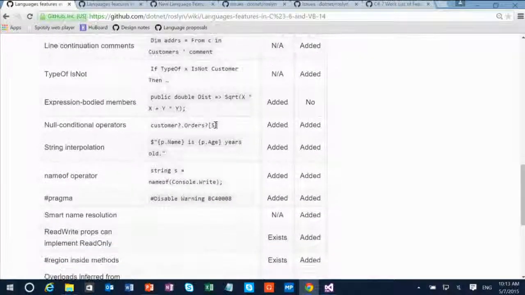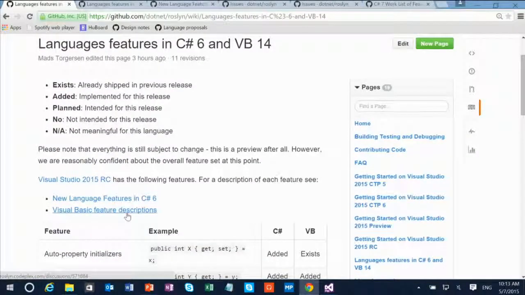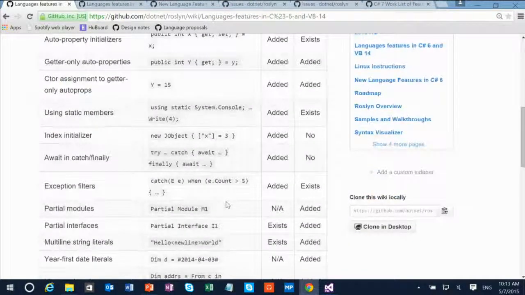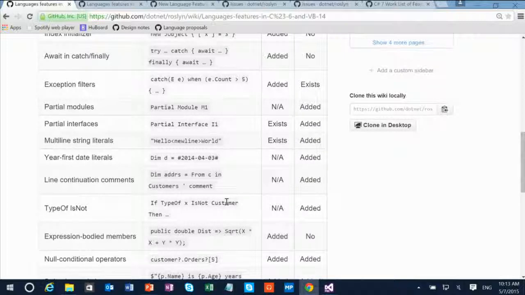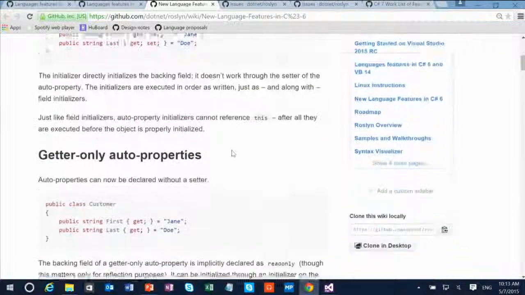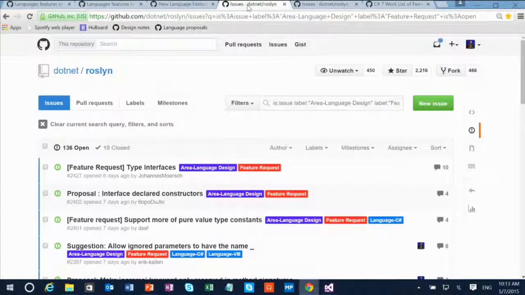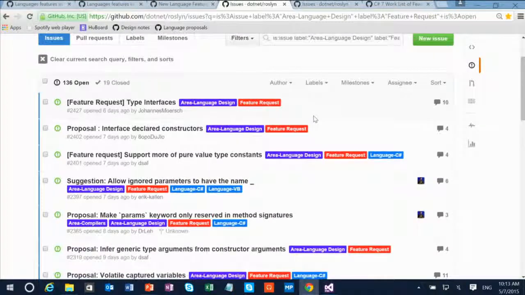and more, and which language they're in. And if you want to get details, this is a C# document here and a VB document. You can go and learn everything that I didn't tell you and everything that I told you as well. So for instance, here's a double click down on the C# document that goes into detail with auto properties and so on. Here are the issues filtered by area, language design, and feature request. If you filter on those two labels,